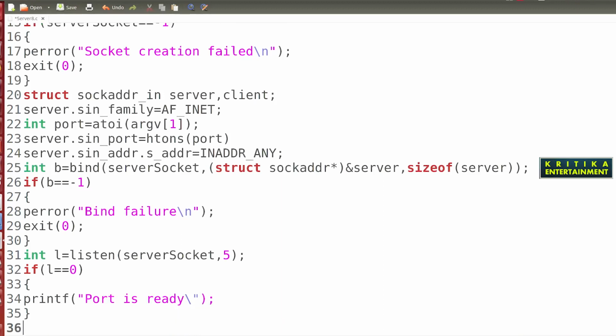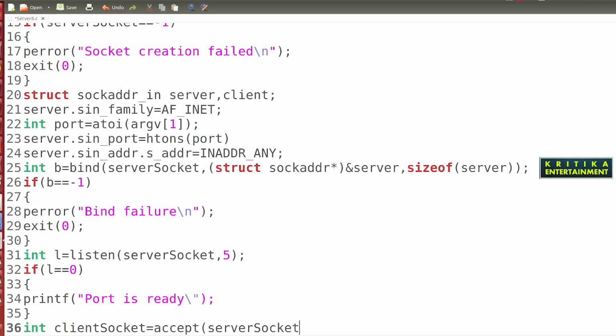Then close this. Then what will I write here? You can also write int client socket is equal to accept, server socket.